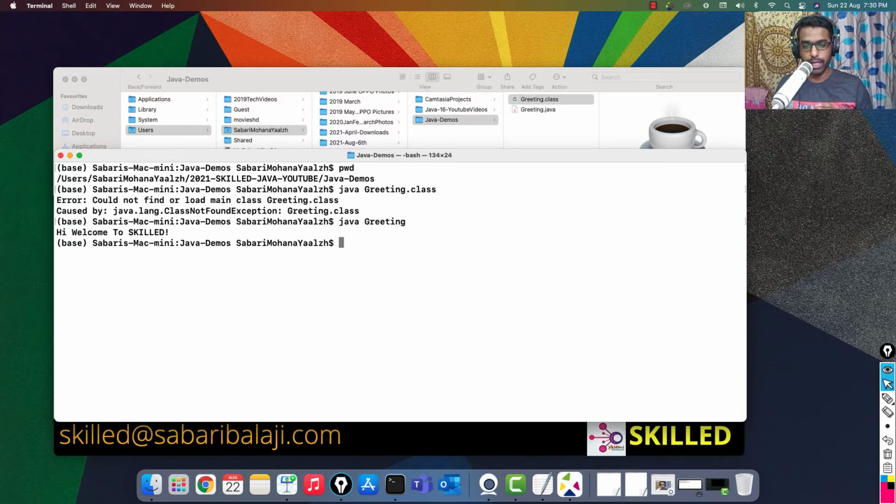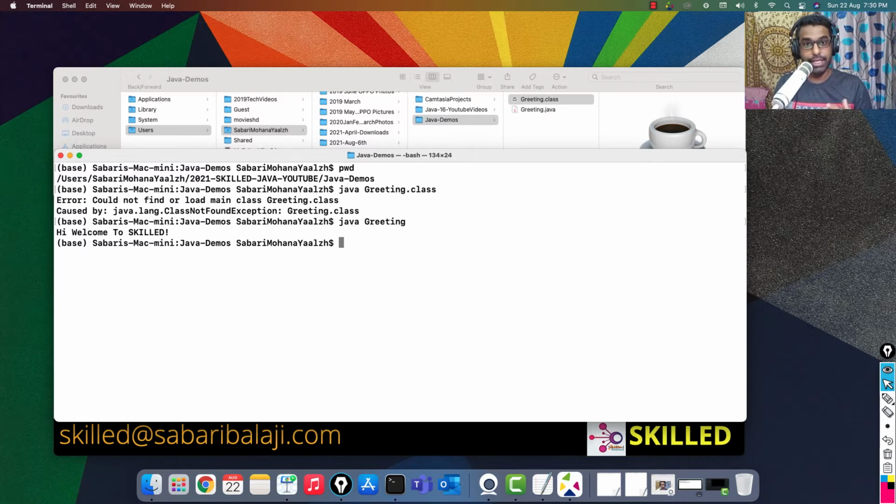It takes a fraction of a second, but what technically happens is the JRE is loaded, and then the class loader loads the dot class file. The greeting.class file is loaded, and it is completely scanned and verified by the bytecode verifier, checking for the originality of the bytecode, and then finally it's handed over to the JVM. The JVM interprets it for the corresponding operating system in which this dot class is getting executed, that is the Mac operating system. The JVM interprets to the zeros and ones of that particular operating system and produces the output. So this we have already seen.